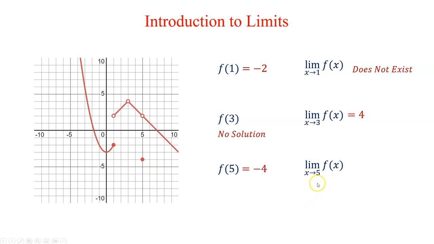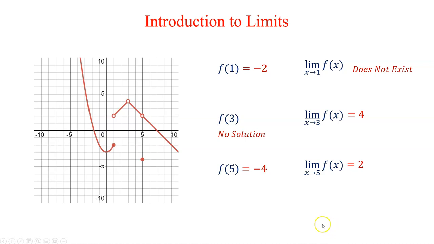But now the next says, well, what is happening as we approach 5? Well, if we approach 5, we're actually on the linear absolute value piece of this function. So as we approach from the left, we're going toward the 2. As we approach from the right, we're also going toward that same 2. So the limit of f of x as x approaches 5 would be 2. So this graph here kind of illustrates all the various